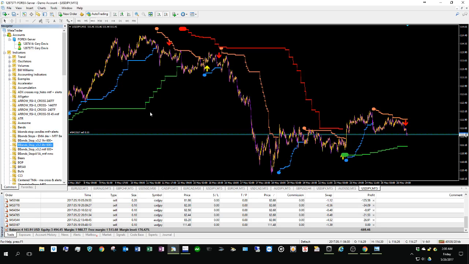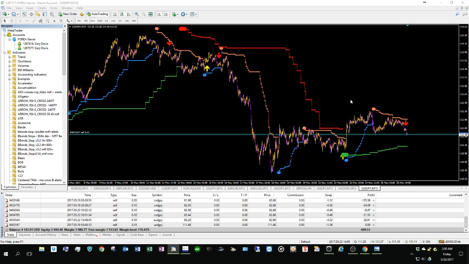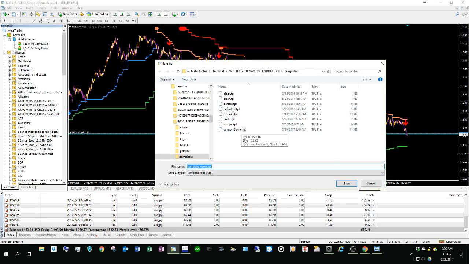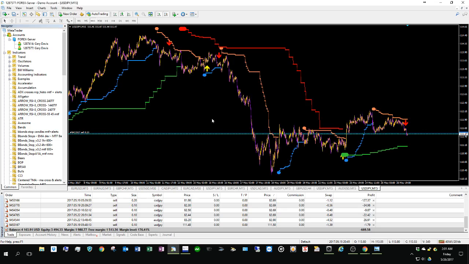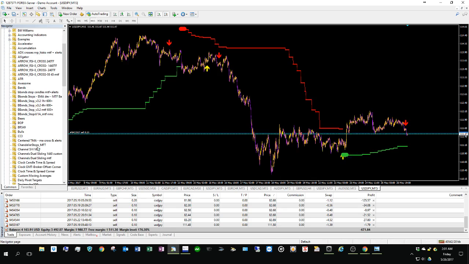So that's a way to put your indicators on, or have custom indicators for different time frames, and not have to reset them up all the time. Just drag them over, and then of course you can make your template. You right click, template, save this as some particular template that you might want, a different view that you might want to call it, and that would be your template. Now to me that's a little bit messy, but it at least shows you on there. So if we took that off, that's a little bit cleaner,